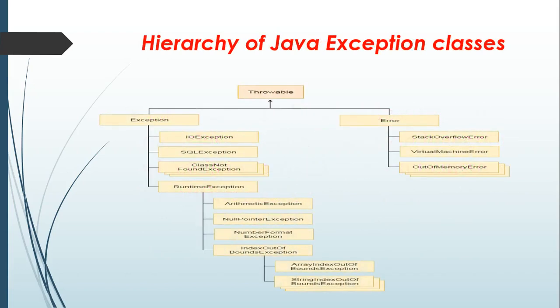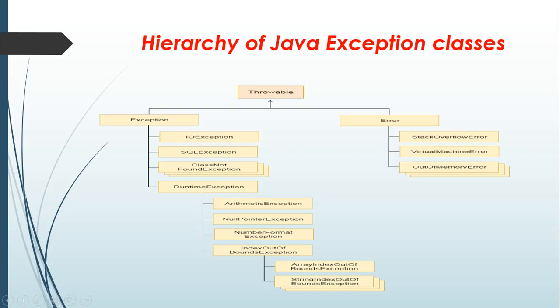Here is the hierarchy of the Java exception class. The parent is Throwable, and the Throwable class is divided into two: the first is Exception and the other is Error. Exception is divided into four subclasses: IOException, SQLException, ClassNotFoundException and RuntimeException. Then RuntimeException is divided into ArithmeticException, NullPointerException, NumberFormatException and IndexOutOfBoundsException,